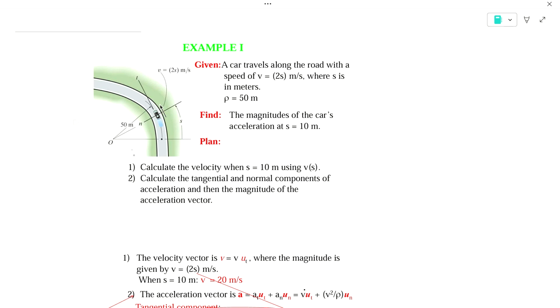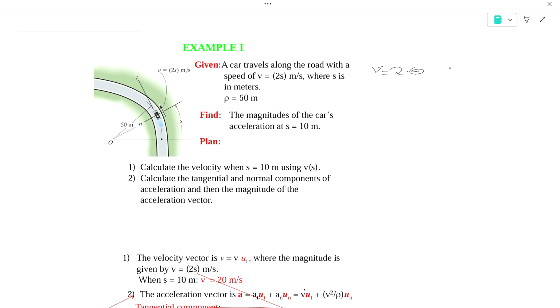Okay, let's take a look at this example. They're telling us that there's a car going around a road. Basically, a car is taking a curve and has a speed of v, or velocity, equals 2 times s, or 2 times theta. Let's look at, I'm going to call it theta now,